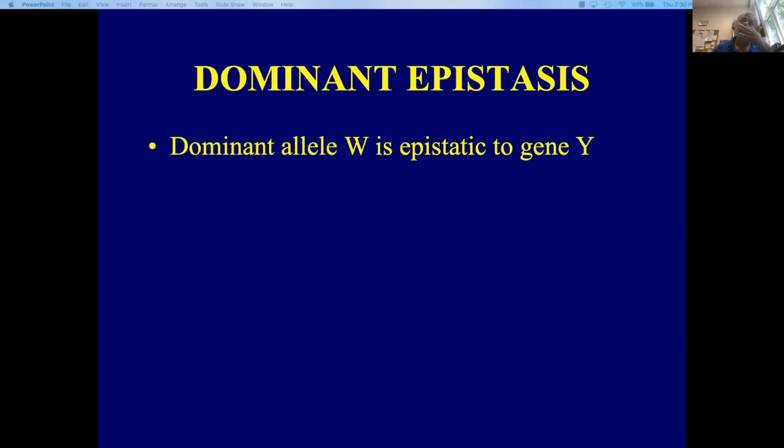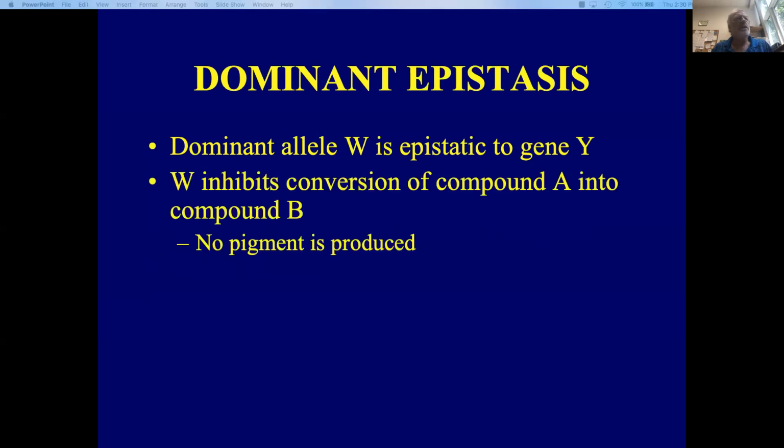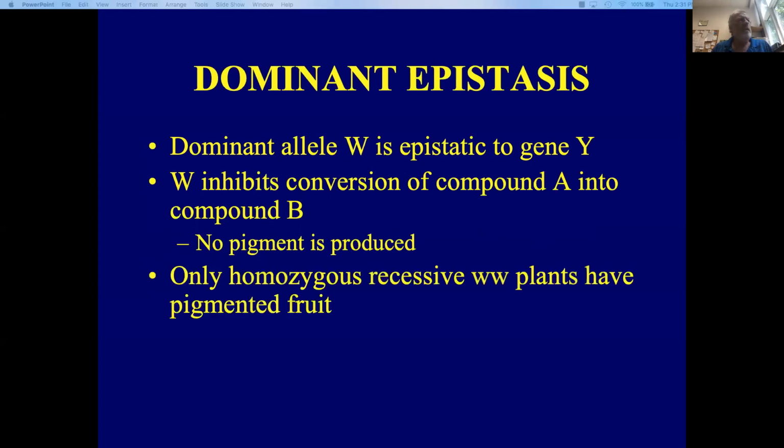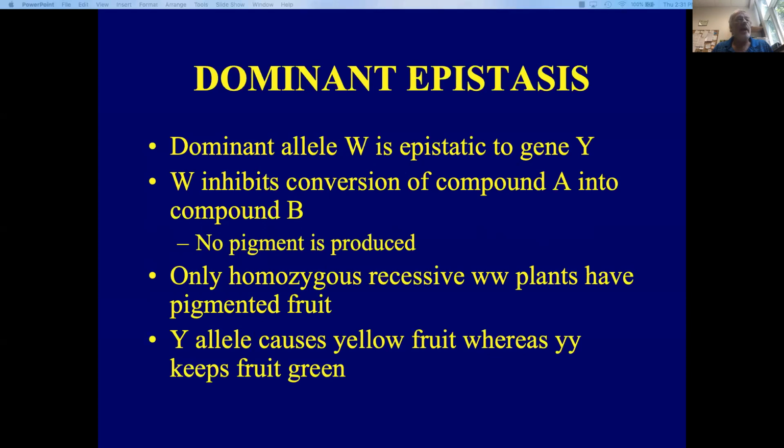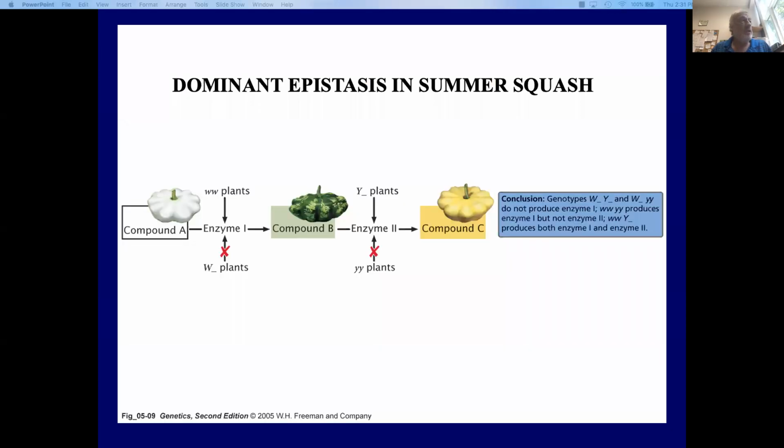So our dominant allele, big W, is epistatic to gene Y. So W inhibits the conversion of a compound A into a compound B, and therefore no pigment is made. Only homozygous recessive little w plants have pigmented fruit. And the Y allele causes yellow fruit, whereas little y keeps the fruit green, doesn't produce any of the yellow pigment. So what this looks like is in